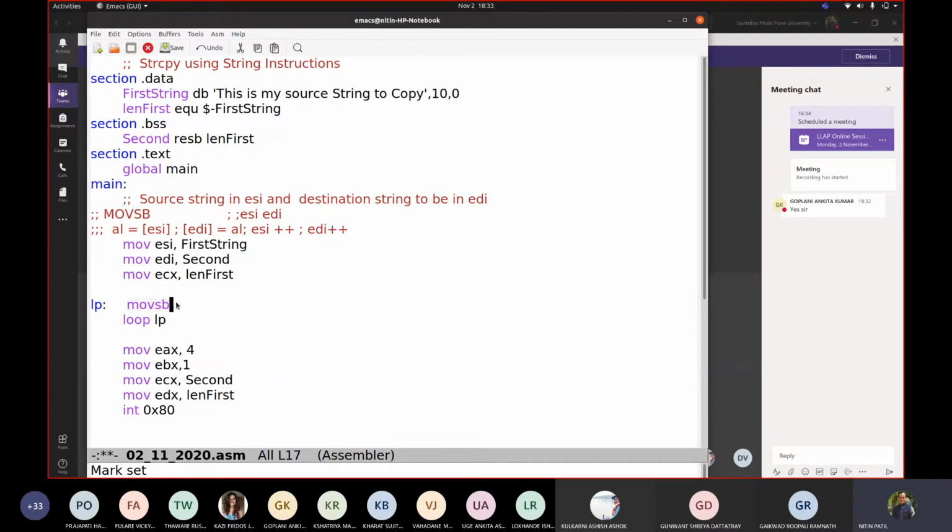Now can we minimize this load as well? Loop LP and LP, ये भी remove करते हैं, कैसे करेंगे? So we'll see that. Fine. So first of all, try to see whether we have understood. ESI requires source, EDI requires destination. That's why these ESI and EDI are meant mainly for string operations. We can use them for our own purposes as well to store integers, but right now they are holding addresses. Correct. ECX contains length, and you simply write movsb. Movsb does what? Copies ESI contents to AL, and then AL is copied to EDI. ESI incremented, EDI incremented. Done. Fine. Any question?